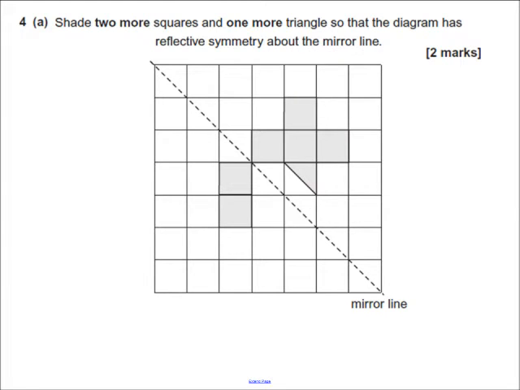Question 4a. Shade 2 more squares and 1 more triangle so that the diagram has reflective symmetry about the mirror line. In order to do this, I would use tracing paper as the easiest method, where if we draw our mirror line and put an outline of our image, when we flip it over, so we take our tracing paper and we flip it,